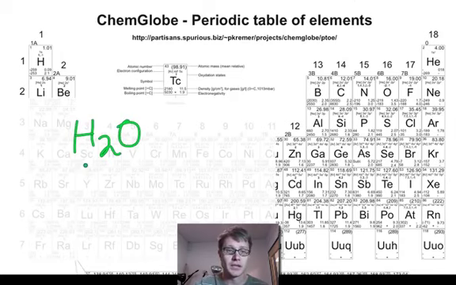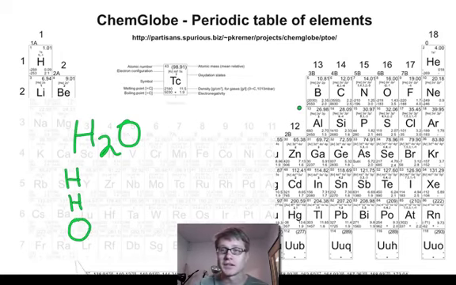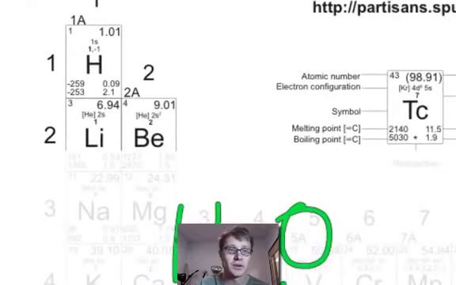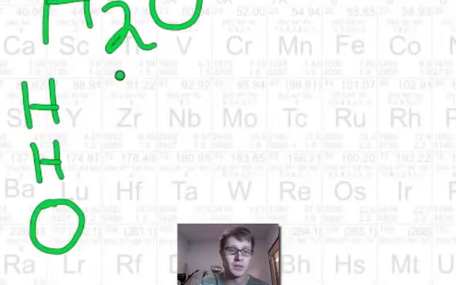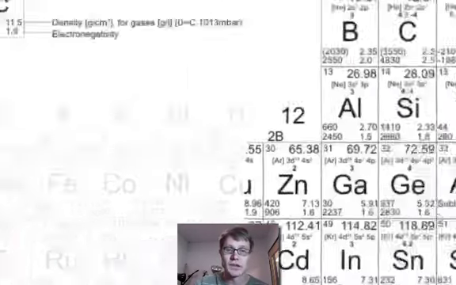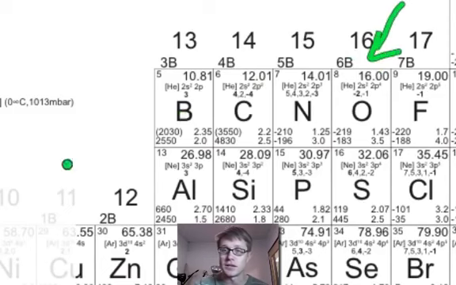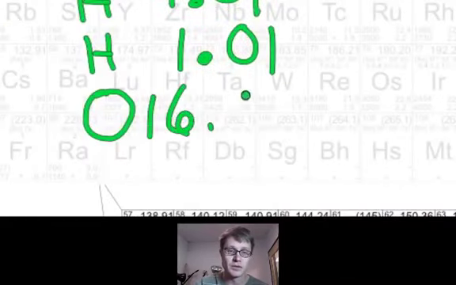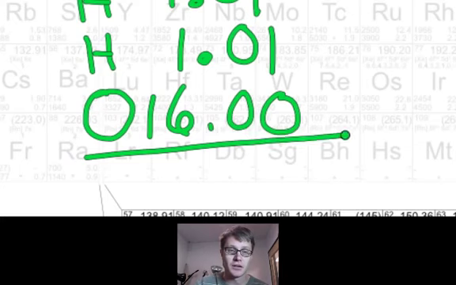To do that, well, H2O has 2 H's, so I've got 1 H, 2 H's, and then 1 oxygen. And so on the periodic table, you're going to find the mass of each of those. So here's hydrogen, and so it has a mass of 1.01. The other hydrogen has a mass of 1.01. And then the oxygen, which is way over here, has a mass of 16.00. And so if I add all those masses up, the mass of water is going to be